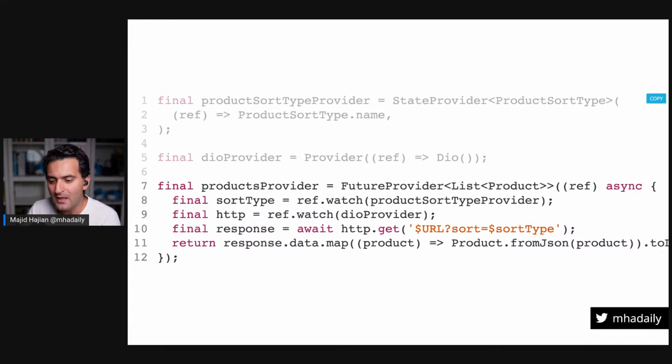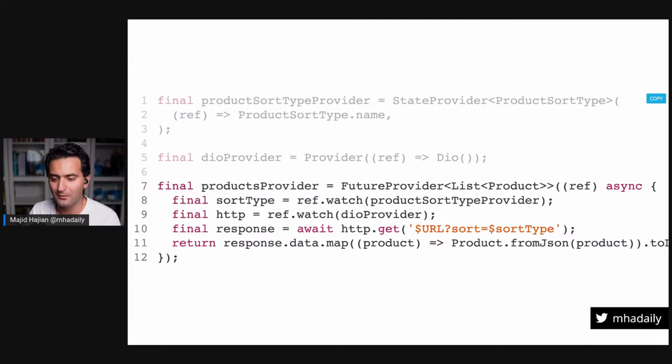I watch that, and then I can make an HTTP call here and wait for the response. Let's say my endpoint, my URL, is accepting some kind of query param, say sort, and I pass the sort, and I get the products based on that sort type. And once that's received, I just return a list of products